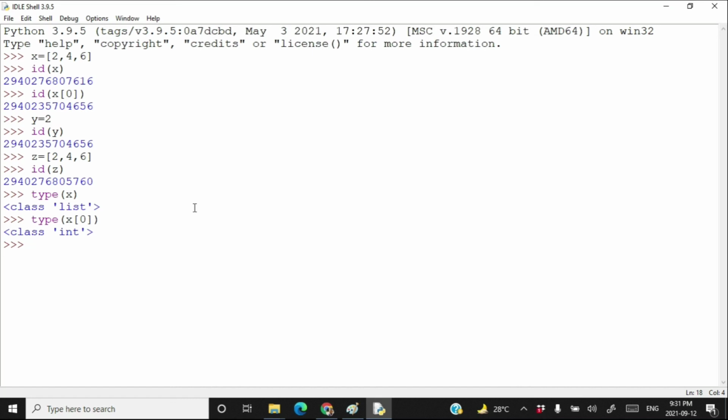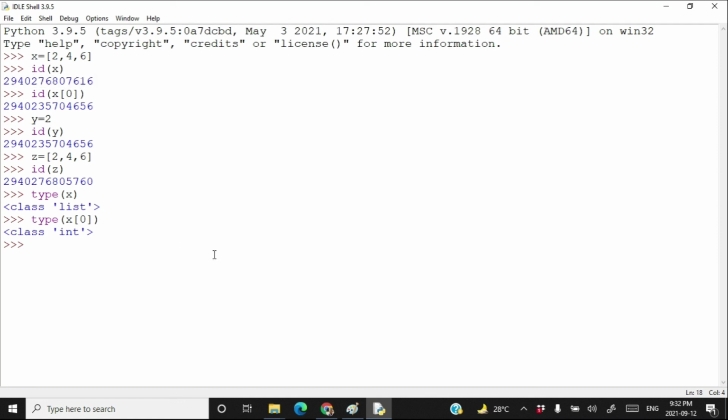When you pass any variable as the argument of the type function, within the parentheses, you will get the type of that variable. We have already used it. Now the second one is id. We have already seen id. id gives the address of a variable, meaning where the variable is actually pointing. So the result of id is the actual content of that variable.